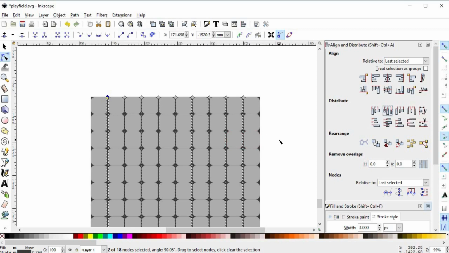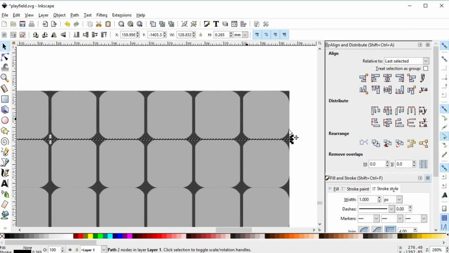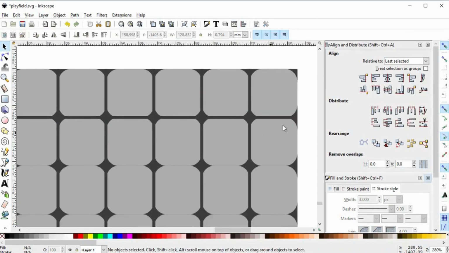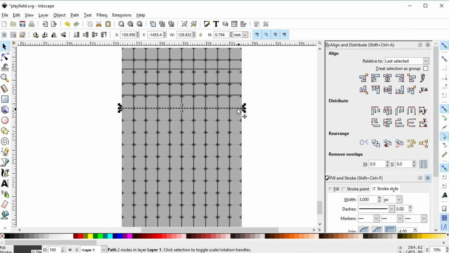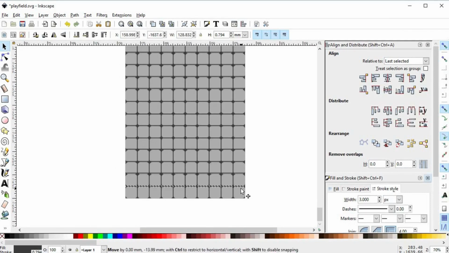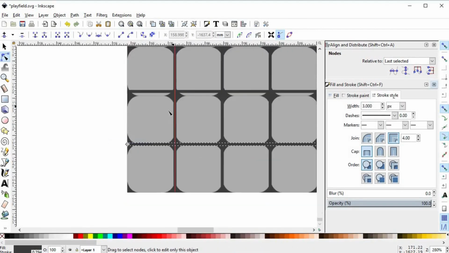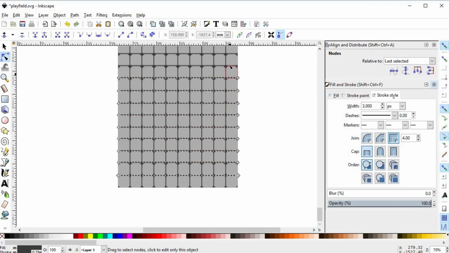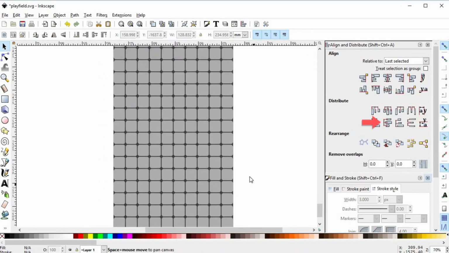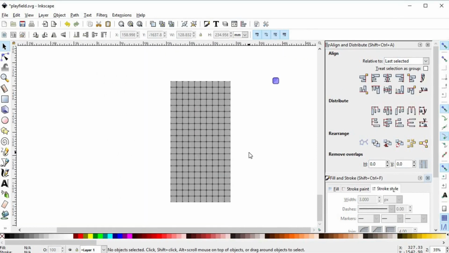And now I'm gonna repeat the same process as before with the horizontal separators. Okay,